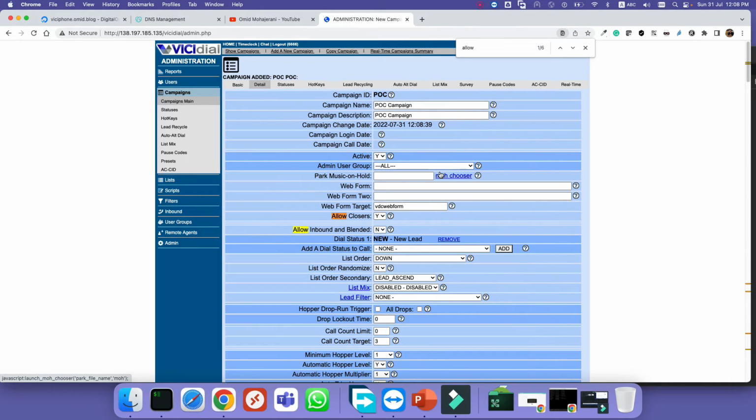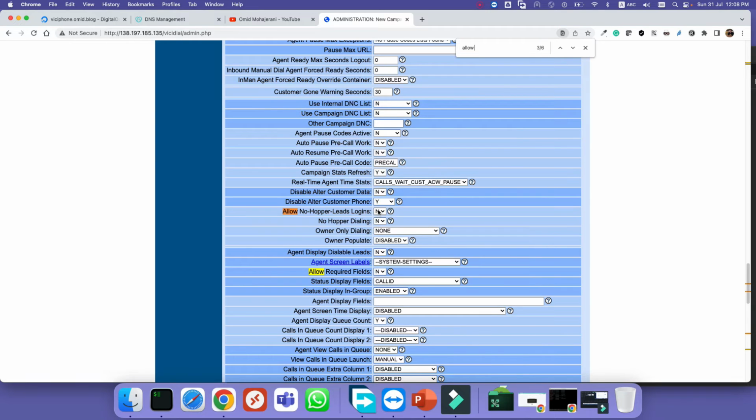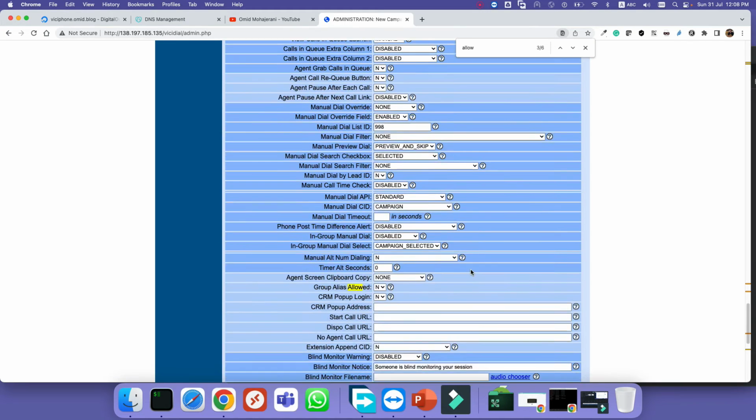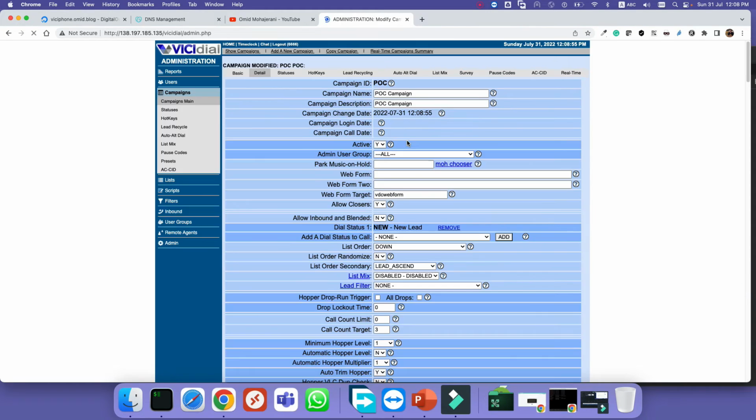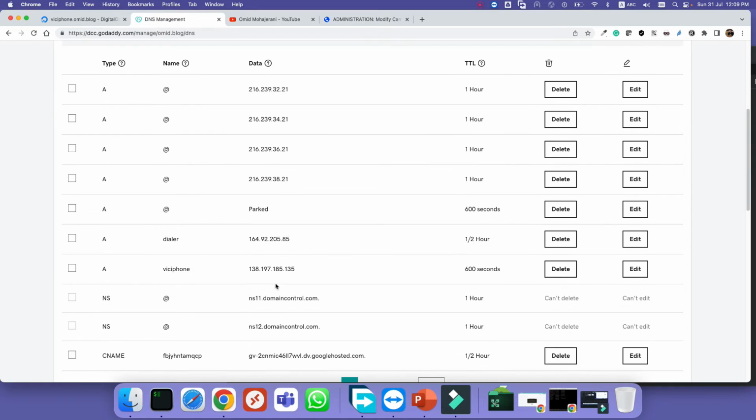to be able to log into the system. So we say allow no hopper lead login and no hopper dialing to yes. If we don't set these two options, we are not able to log in or we are not able to call. As I have explained, we have created a domain as well,